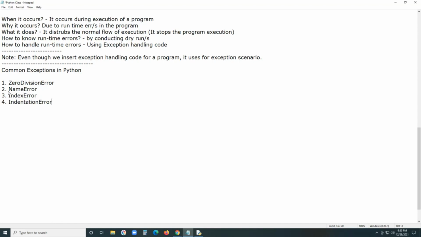Suppose you are not following correct indentation, that is, incorrect indentation is given,